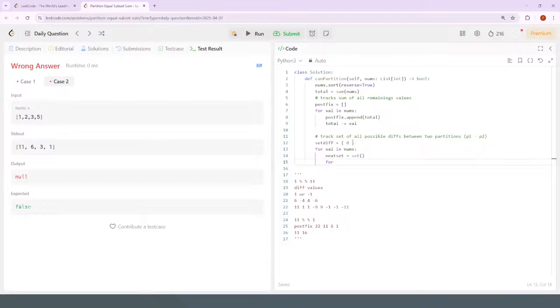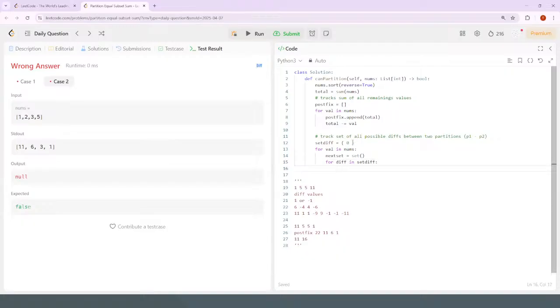So for every diff in the set of differences currently, if the difference plus the value is, let's say max diff,